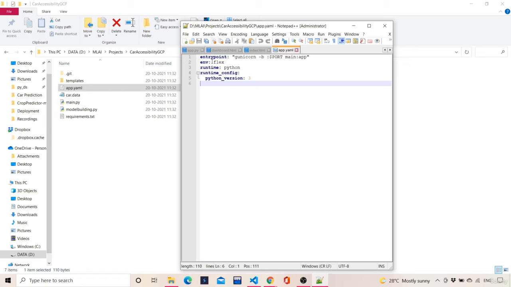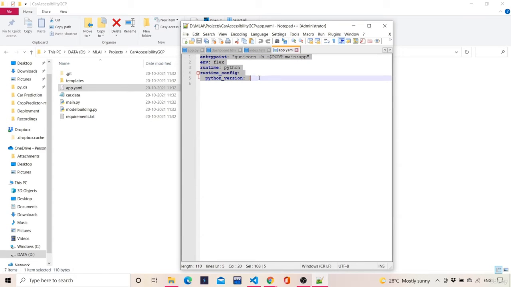So this app is saying that the entry point for this app is this port. This is a Linux command basically. So gunicorn -b port main app. And then environment is flex, means flexible environment, runtime is Python, and runtime configuration is Python version 3 point above. So it will consider the latest Python version only, no worries about it.